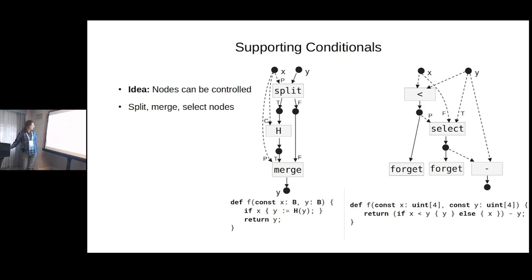On the right, we have a different example where we use a select node instead of a merge node. The difference is that a select node borrows its inputs instead of consuming them, which means that they must be consumed somewhere. And it also produces a value that must somehow be uncomputed, which we do with forget at the end. This function here just computes a truncated difference by first comparing, doing a select which matches the if statement, and doing a subtraction on the output. If we look at the dependencies, we can see that the forgets must happen after the subtraction.